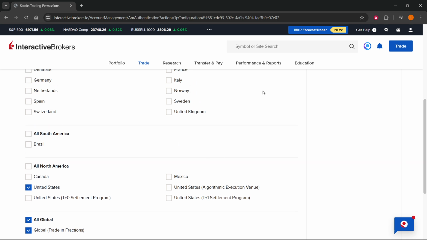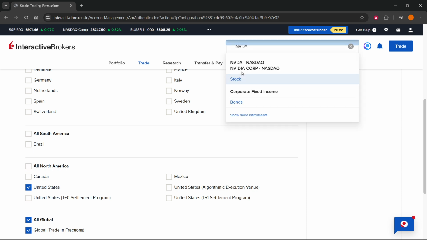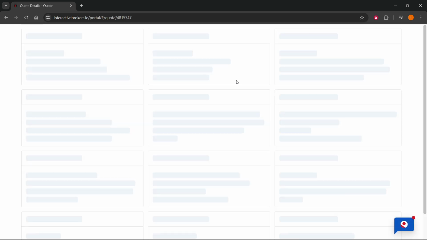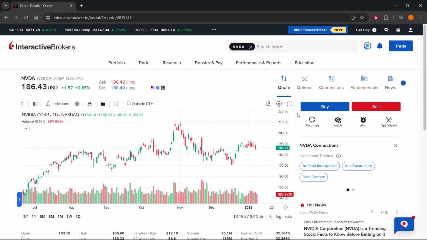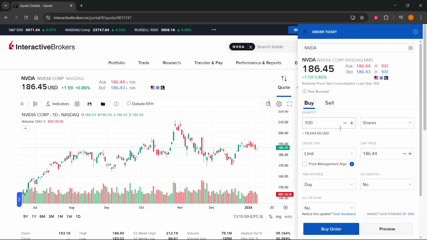So if I now go ahead and, for example, search for some symbols up here, for example, like NVIDIA or something, I'm going to show you that it's now actually possible to trade in fractions. So to actually buy just parts or fractions of a stock. Now over here, if I hit the buy button, as you can see, by default, it's of course a 100 over here, but if you want to buy fractions, so shares, I can go ahead and set shares over here,